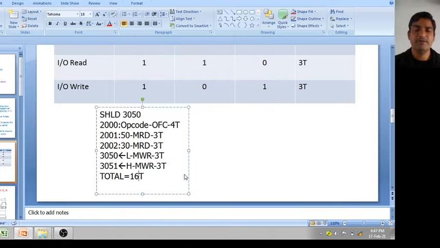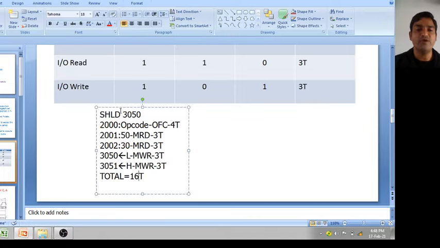Just do practice it. For this, first of all you need to know the function of the instruction and how many bytes it consumes in memory. You also have to be aware of the addressing modes of 8085. When you know all these three, the addressing modes of 8085, the instruction format of 8085, and the function of the instruction, then you can determine the total number of T states required to execute any instruction.